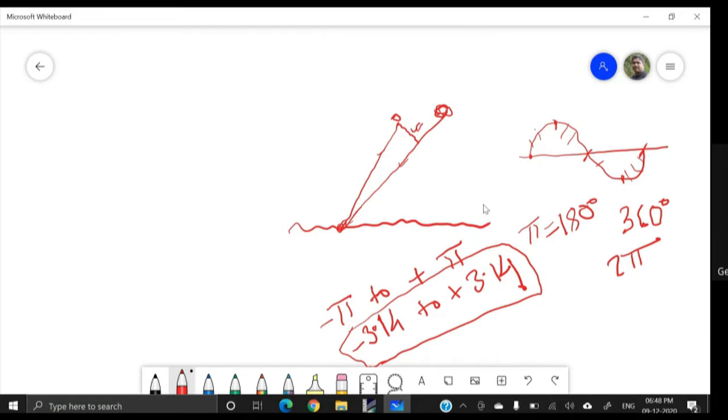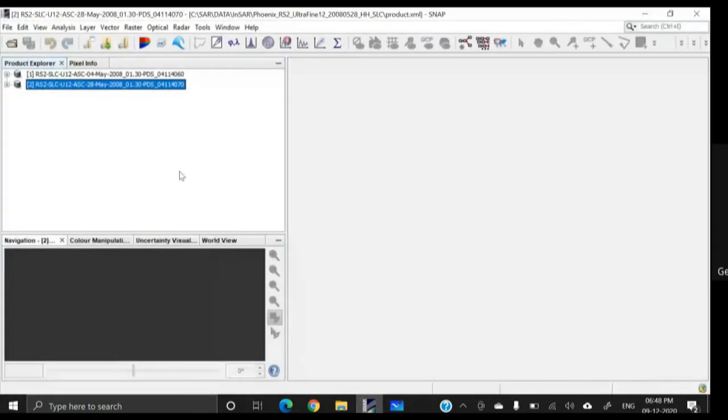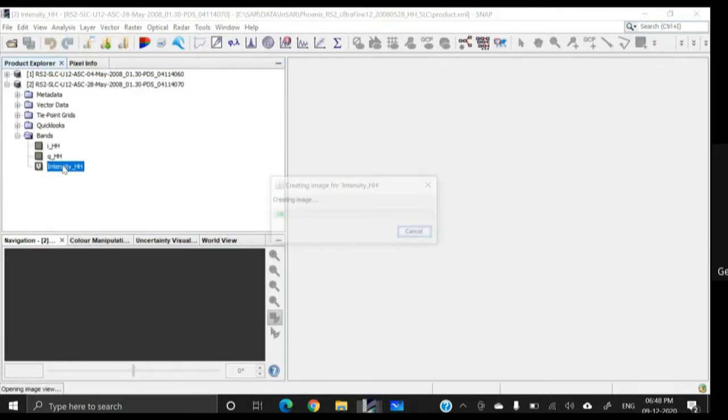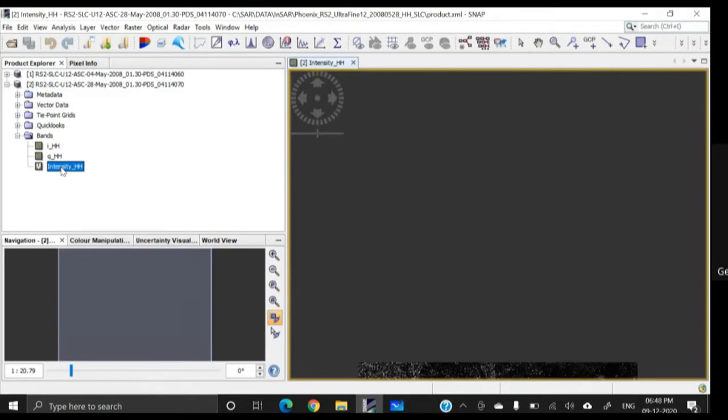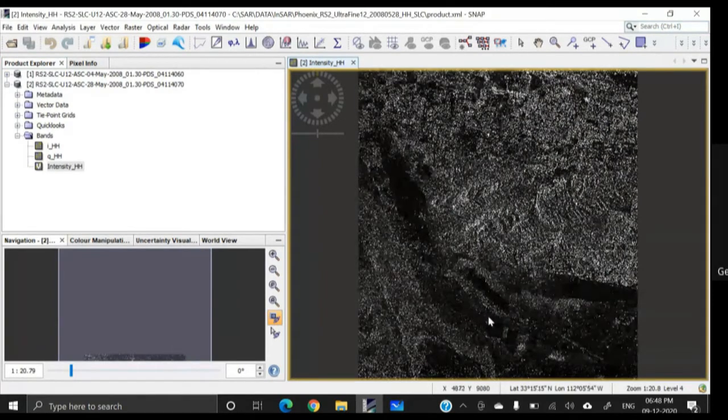So if we go for a longer temporal gap, then we will face problems. I will show you in this case what problems we are facing. We have intentionally chosen this 24-day gap so that you can understand what problems happen. We have two images, and let me show just one image, the intensity HH band. As you can see, in both of the images we have only the HH band. The I component, Q component, and virtual intensity band of the HH component you may find in both of the images.